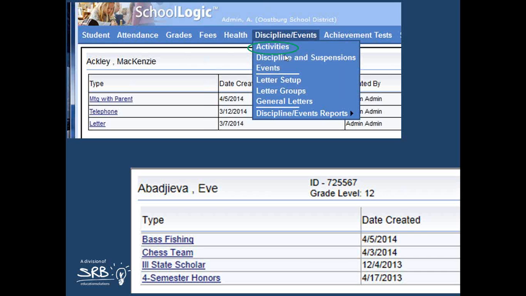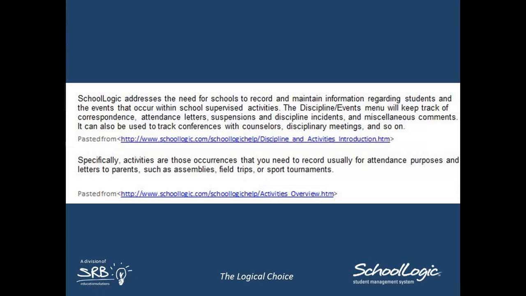Broadly speaking, in my humble opinion, you might think about approaching activities in one of two general ways, which I've illustrated in this screenshot. But before I really dive in there, let's back the bus up a minute and look at the actual SchoolLogic Owner's Manual to get an idea of what development may have been thinking about when they gave us this stuff.